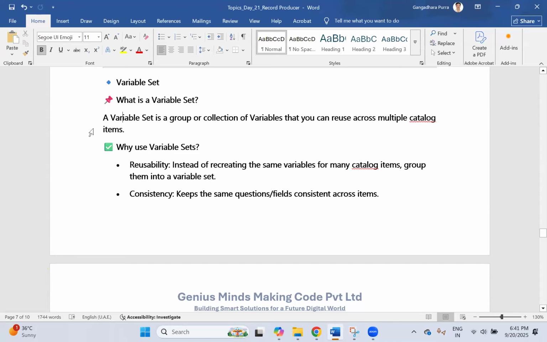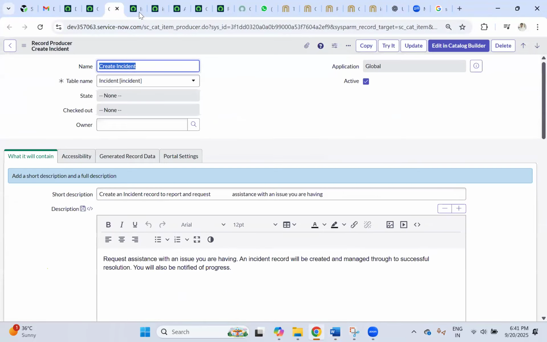These are the mandatory or required information. We will convert those into a variable set that can be reusable multiple times. You create one variable set and apply that same thing